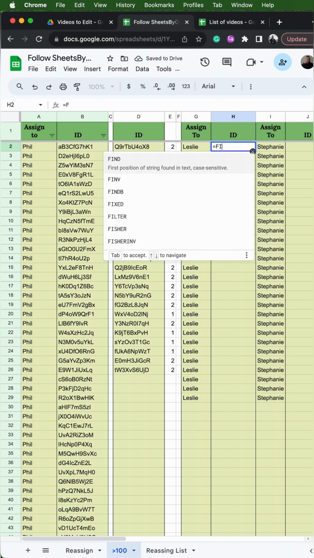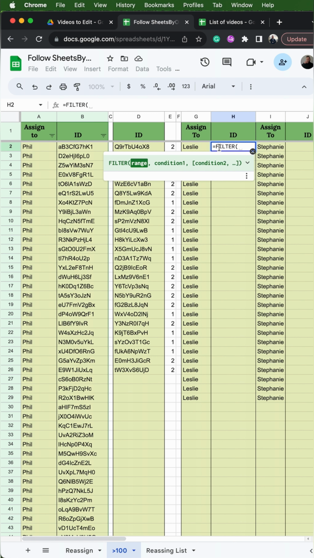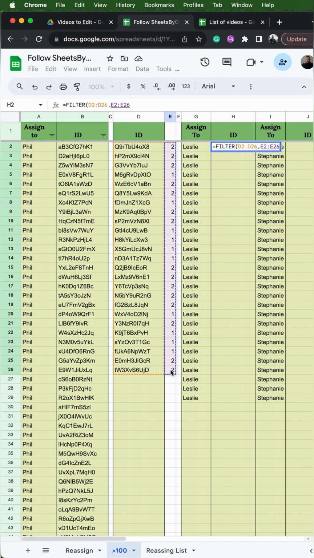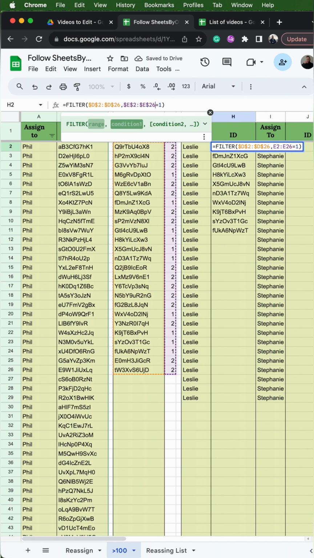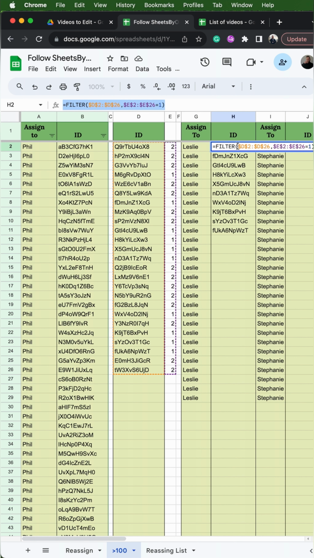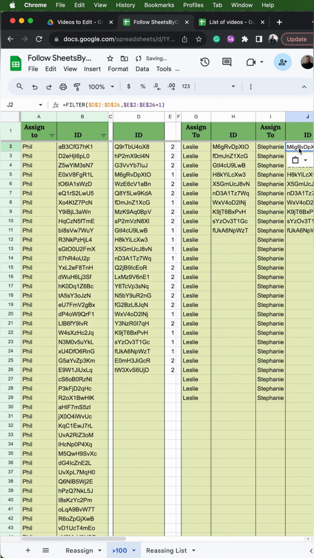So now it's time to assign the IDs to each person. So I'll go to the first person and type equals FILTER, and I'll select the range of IDs. And then I'll put a comma, and I'll select the range of either 1s or 2s, and I'll put equals 1. So now I have a list of all of the IDs that have a 1 right next to it. Instead of typing this formula out again, I'm going to anchor in both the ranges, and then I'll copy and paste it into the next employee. And now I have the formula already set, so I just need to change the 1 to the 2